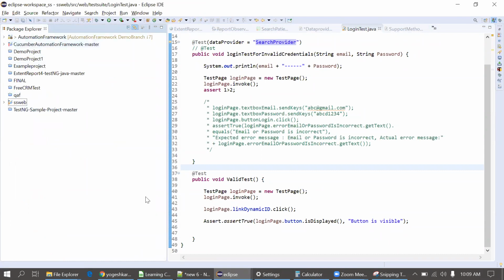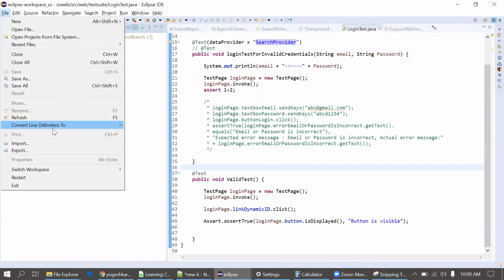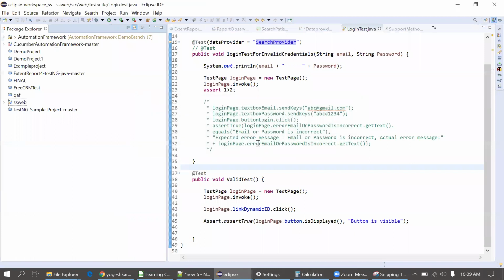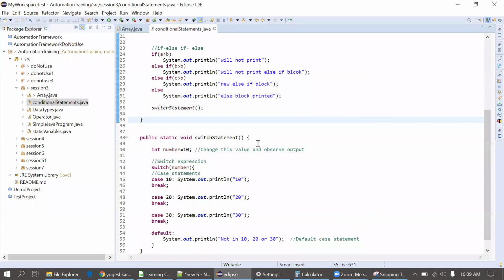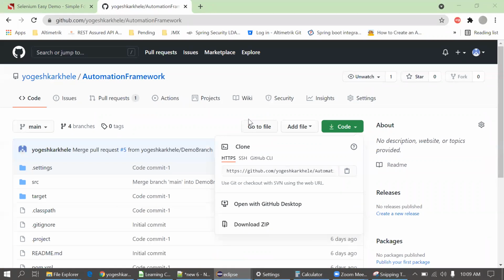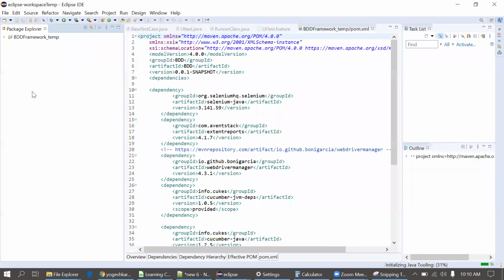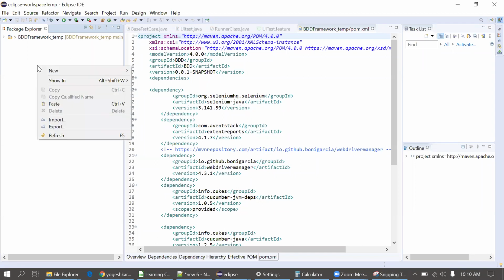I think here also we have a project, so I'll just go to a new workspace again. Okay, now here I will right click on the left side and use the option import.